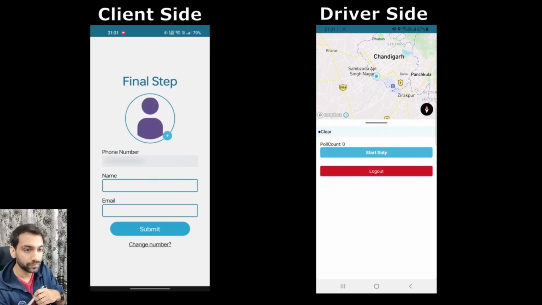As I told you, the client is a new person. A new person just has to give their name and email for now, and then they just have to submit. Their phone number is already verified, so they can't really change it. On the driver side, as we can see right now, we have the driver in the dashboard